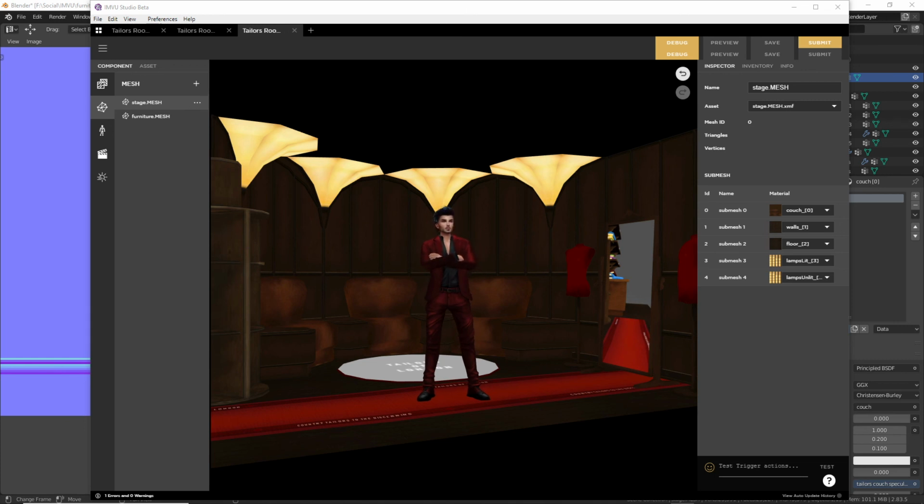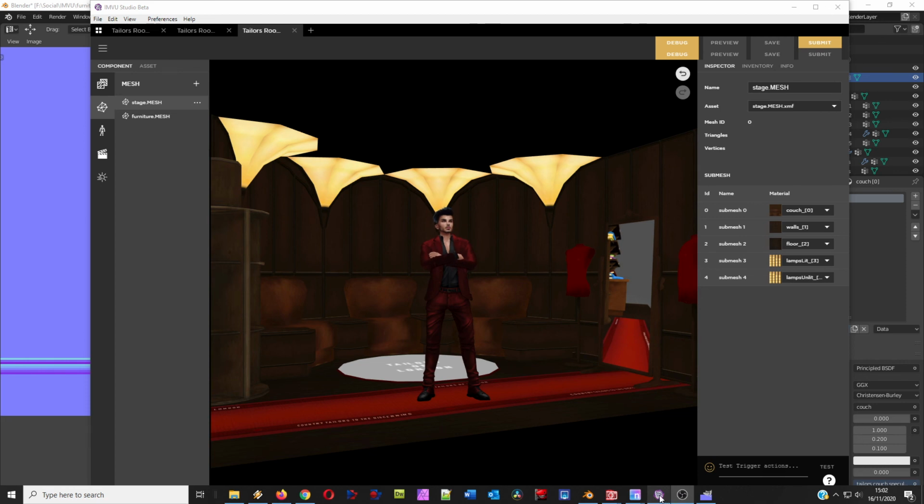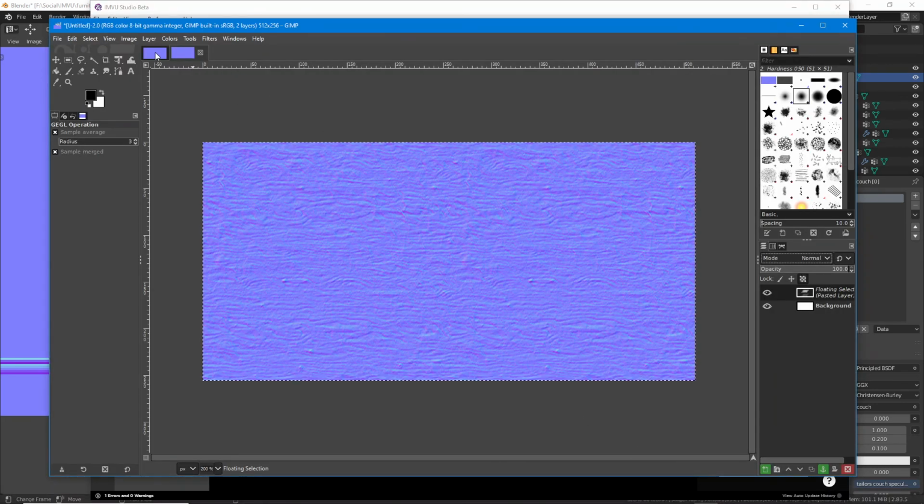Right, so I guess we can call it quits there. And that basically covers most of the stuff to do with normal maps. Shininess maps aren't too much of an issue. They're basically just grayscale versions of your diffuse. You might even be able to use the normal map and just flatten that and desaturate it. But you do have to keep in mind that